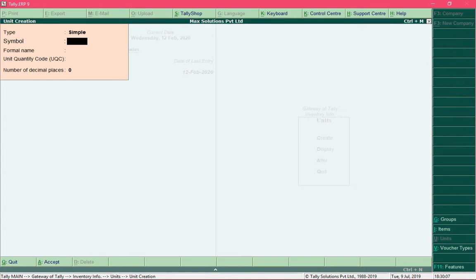The unit creation screen will appear. Now let's create a unit called pieces. So in the field symbol you need to provide a short name for your unit. So for pieces we can use the letters P, C and S and press enter and provide a formal name, which is basically a full name for your unit